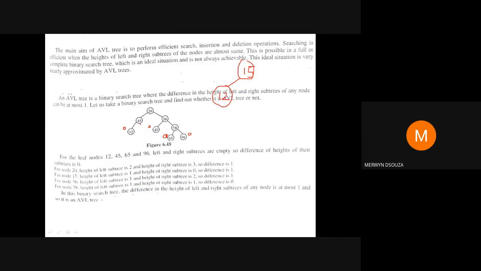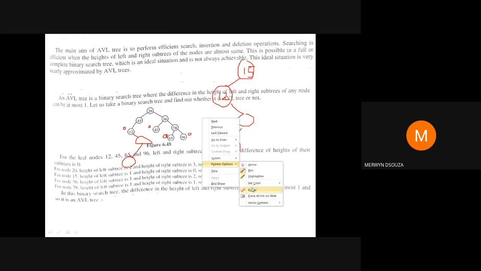When you're calculating the balance factor for 15, you take 15 and whatever descendants are attached to 15. So if there were more nodes attached here, then all those nodes you would have taken. Okay. Now there is just one node attached to 15, so you take only that one node. Do not take the parent of 15. We do not need the nodes that are above 15. All the nodes that are below 15 and connected to it, those are the descendants of 15. Okay. I hope I'm making myself clear.